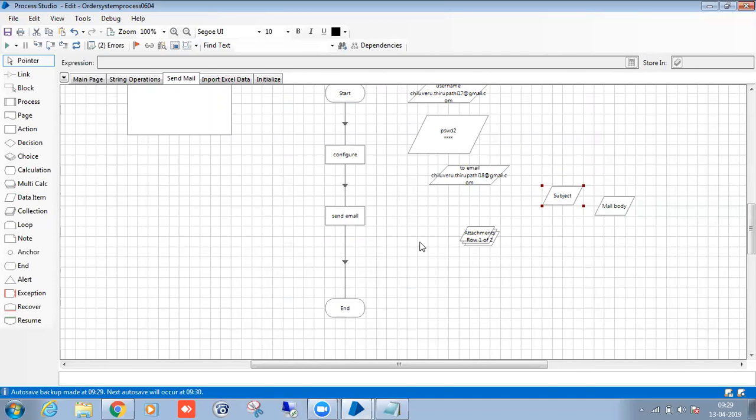Normally Outlook will also be the same. But if you want to send a mail from Outlook, Outlook should be enabled and launched. If the application is not open, you can't send the mail from Outlook. So Outlook should be open before sending the mail. This is also one of the important interview questions. Okay, one send mail function will be there.